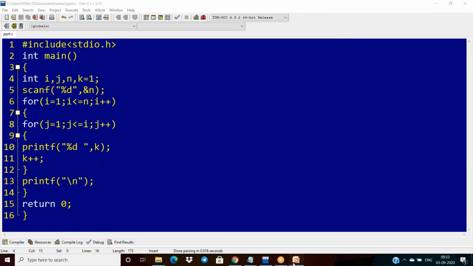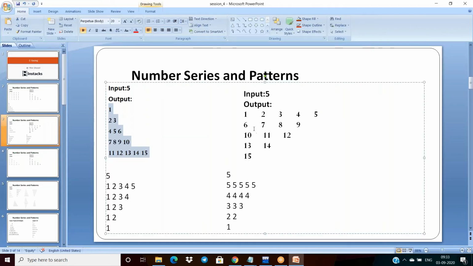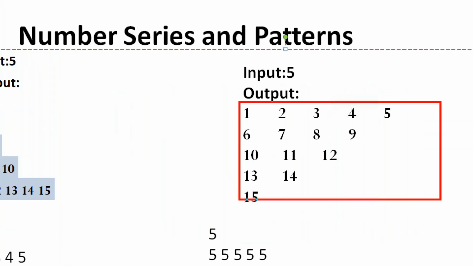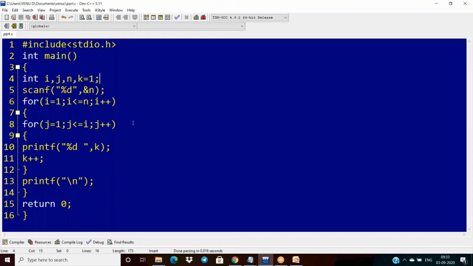Now, in this case, first of all, I want to provide patterns like this. I want to print the pattern in this format. So for that, what I am doing here: in the first time I want to print 5 terms.